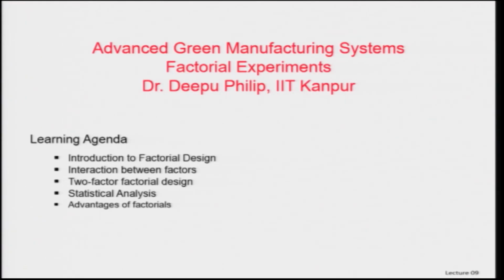In the previous class, I have covered analysis of variance and how it can be used to compare multiple means and those kind of things. So today we are going to get into one interesting topic called factorial designs or factorial experiments. These factorial experiments are very important for our course, specifically because these experiments will be used in industry for us to do many of the experiments by which we design where we convert the normal factory into a green factory.